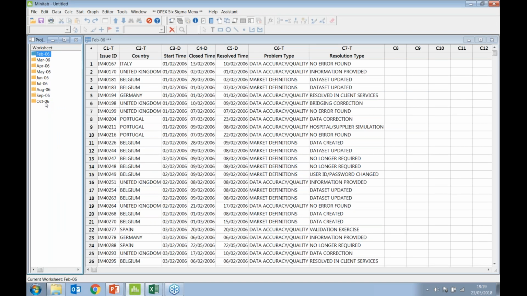Before we move on, I'd like to note a couple of things. So first of all, it doesn't have to be an Excel file. Quite often large files that have been extracted from a database will be in the generic comma separated value, or CSV, file format. Well, you can open these directly into Minitab too. You might just need to change the type of data file that you're looking for when you go to File,